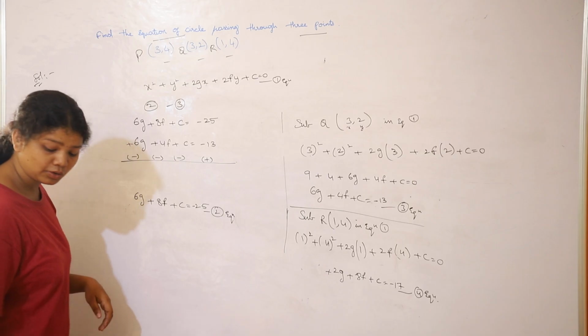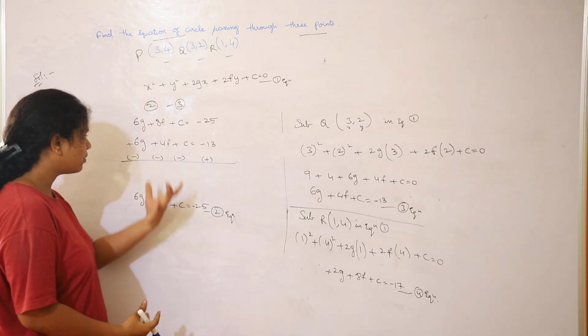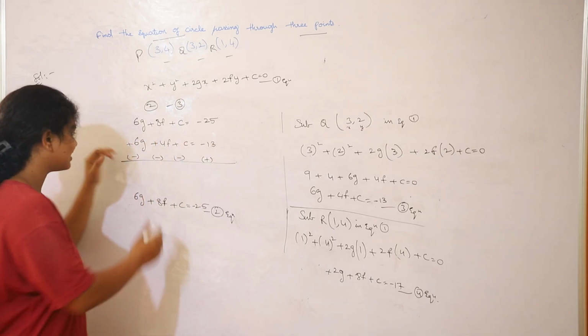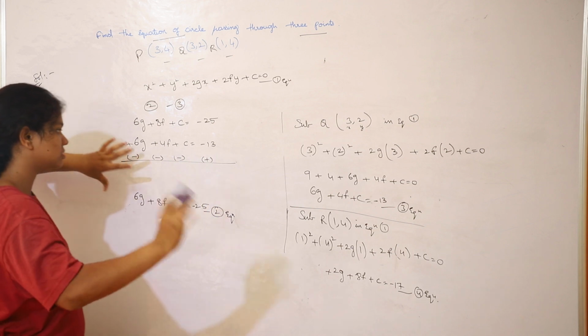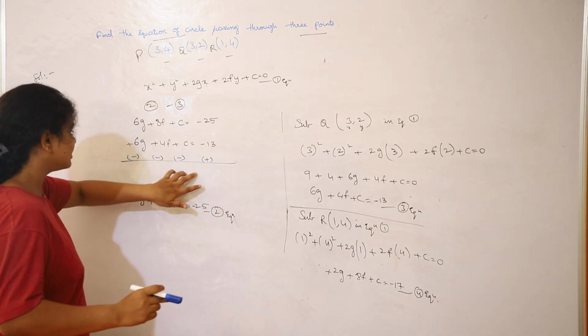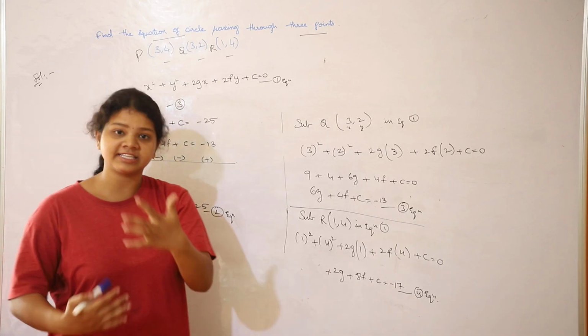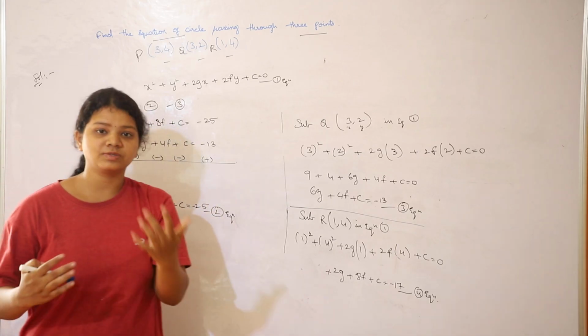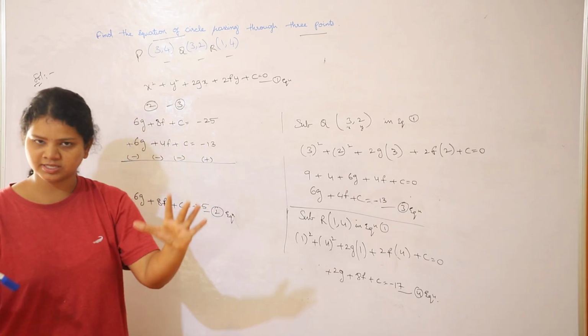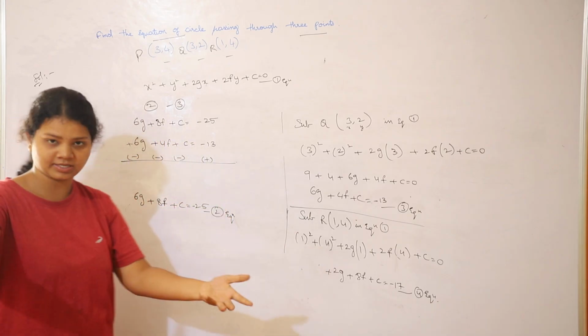So guys, now don't consider the signs which are above, like plus, plus, plus, minus. Don't consider those signs which are above. Consider the signs which are below, like minus, minus, minus, plus. Consider the signs which are changed, which are converted. Don't consider the signs which are there originally.